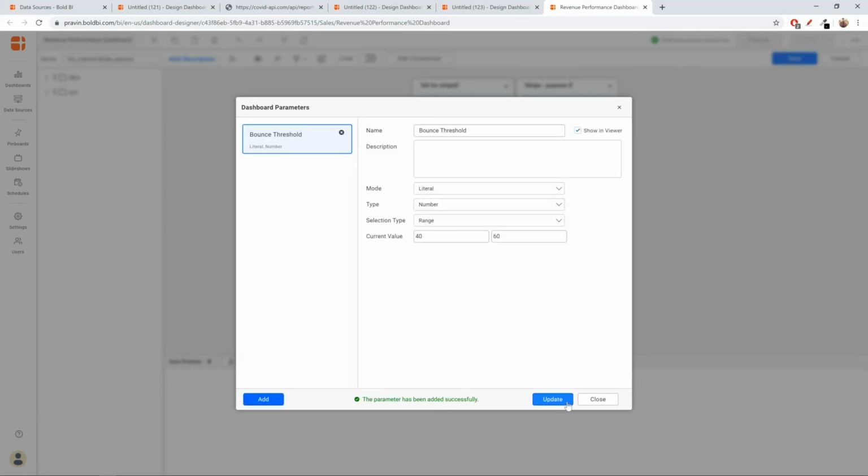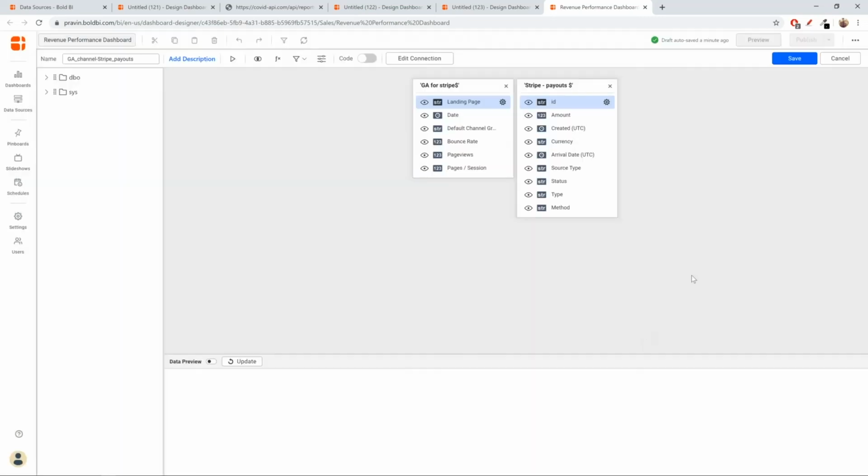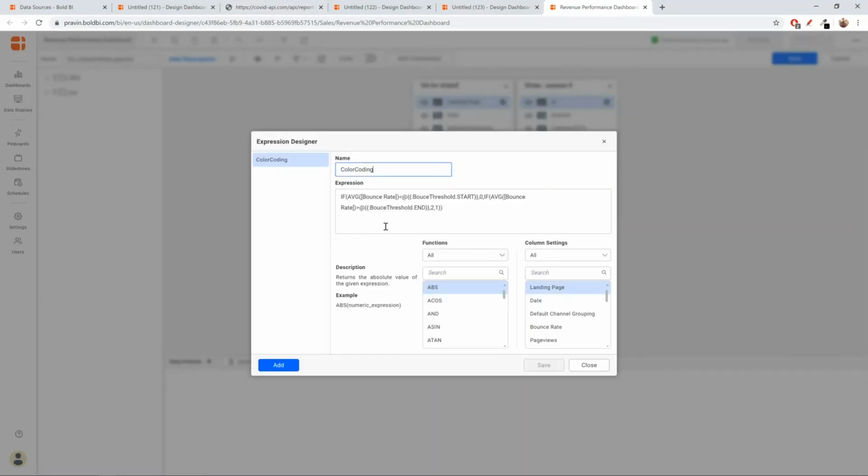Okay. So now we have created a parameter. The only thing is right now you cannot apply the parameter directly in the conditional formatting dialog, however you can create an expression using that and then make use of that expression in the conditional formatting dialog.